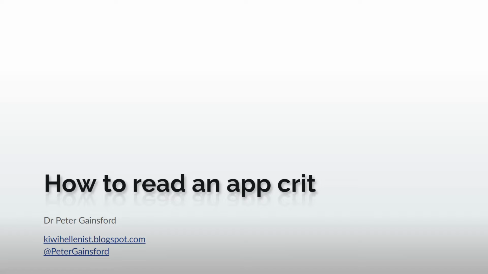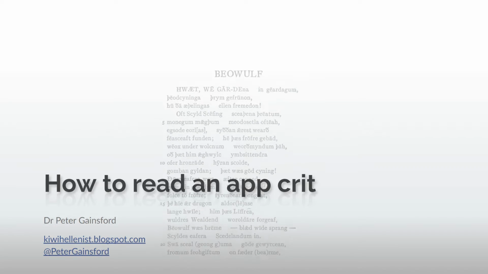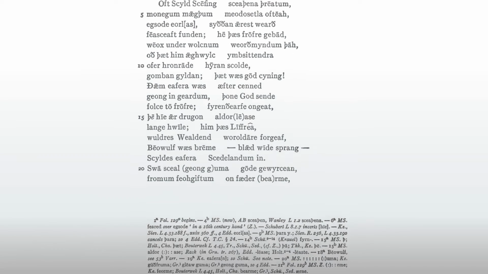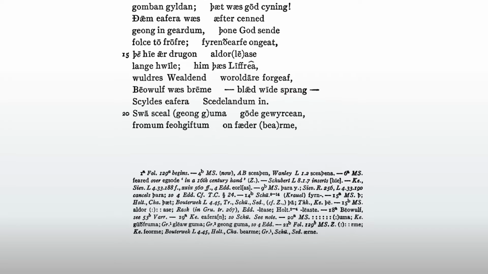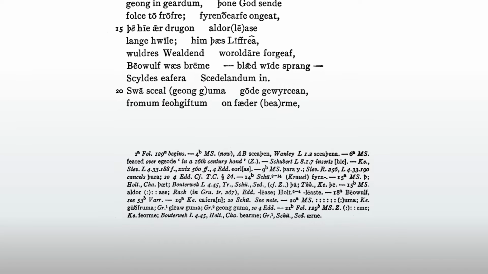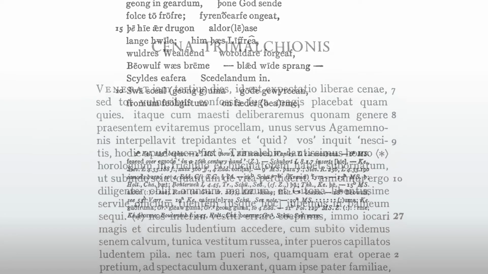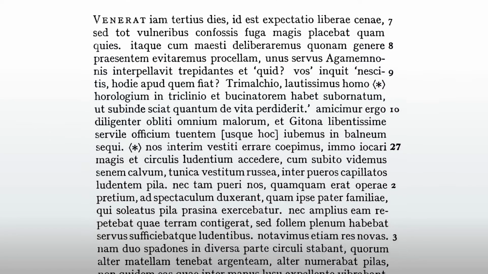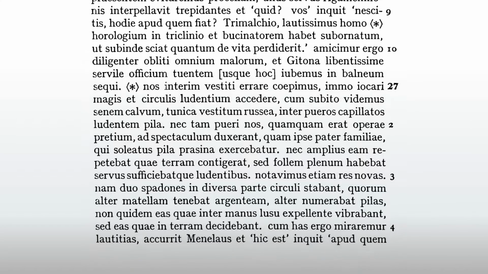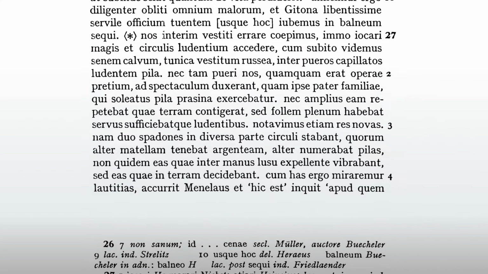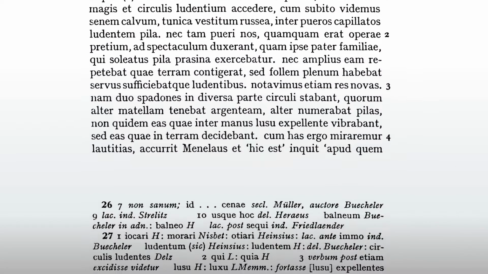When you open up a copy of an ancient text or a medieval text, a critical edition will have a chunk of gibberish at the bottom of every page. This gibberish is the app-crit, the apparatus criticus, a meticulous record of the manuscript tradition. All ancient and medieval texts come down to us in manuscripts, specific physical copies held in specific archives, and that means they have textual variants, because manuscripts are written by hand, and every scribe makes mistakes, no exceptions.